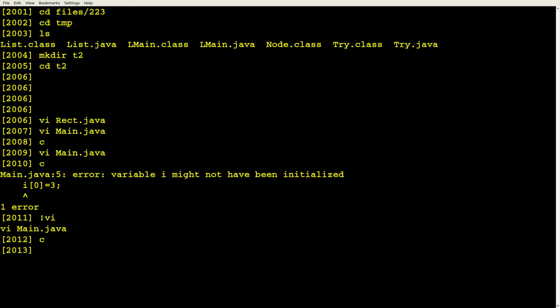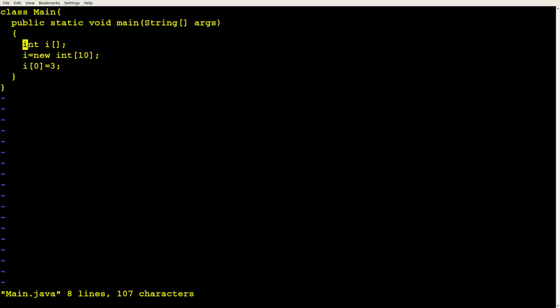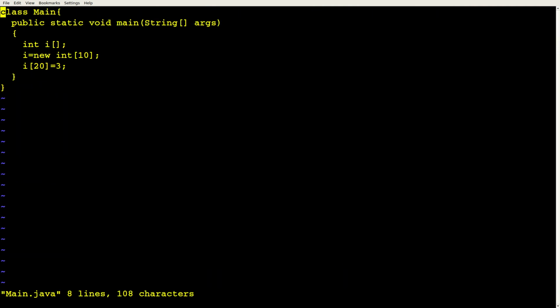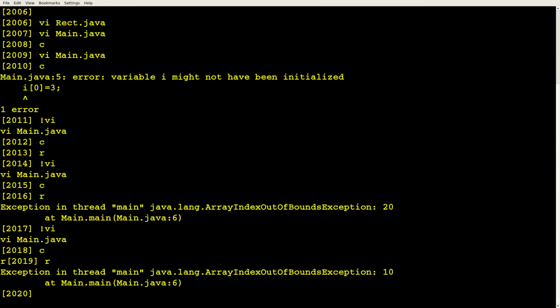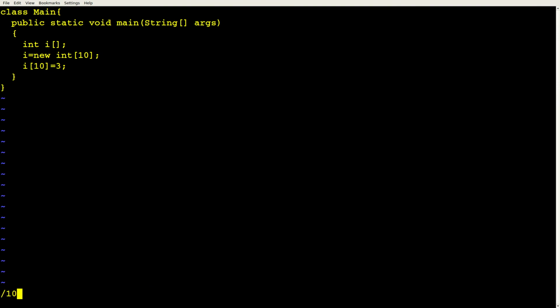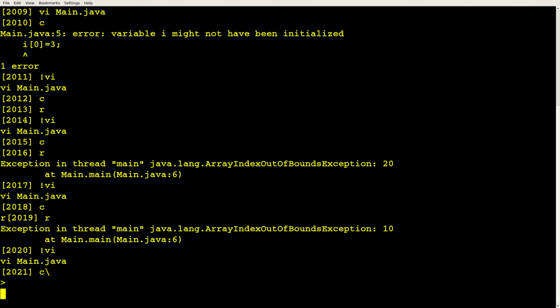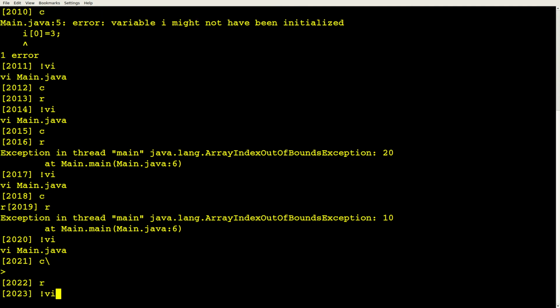And now we can get away with that compilation, and the execution is fine. And we've allocated space for 10 integers, so if we try to access element 20, we'll get an out-of-bounds exception. And in fact, if we try to access element 10, we'll get an out-of-bounds exception because you only have elements 0 through 9. But element 9 is fine.